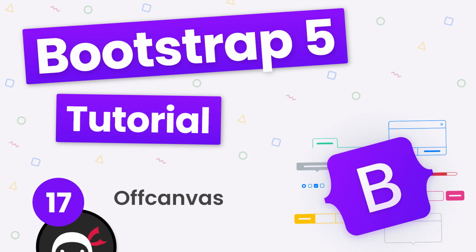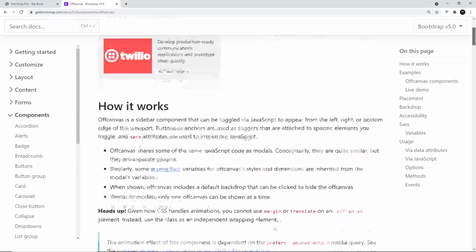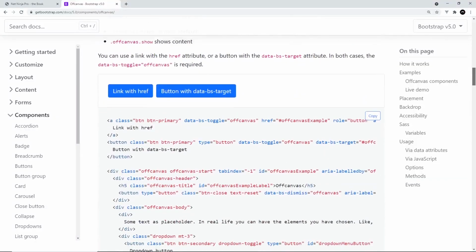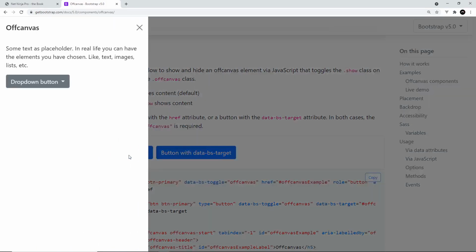So another new component that Bootstrap 5 added to the mix is the Offcanvas component. This is a component which allows us to basically create some kind of slide-in sidebar, and you can see it in action if we click on this button. So it slides in and we can put whatever content we want inside it right here,